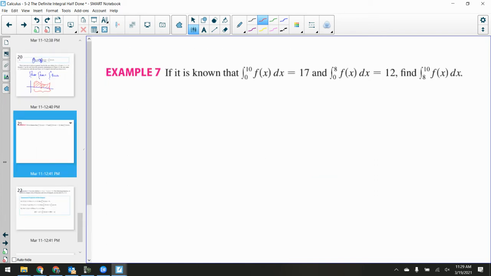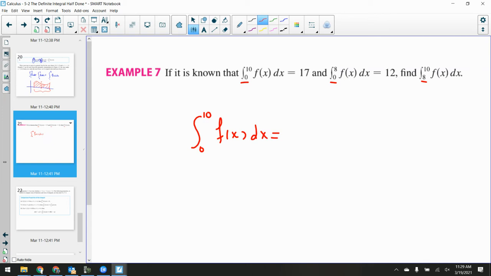All right, so if it is known that the integral from 0 to 10 is 17, and the integral from 0 to 8 is 12, find the integral from just 8 to 10. Now look at what I have here. Notice the notation. The only thing that's different is here, here, and there. If I want to figure out what the area from 8 to 10 is, notice that I can take my 0 to 10,